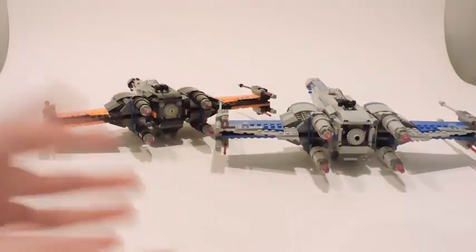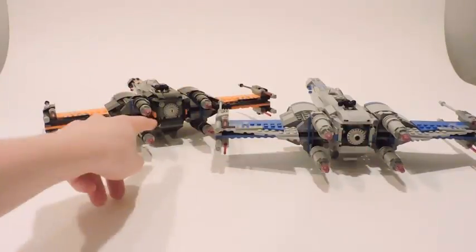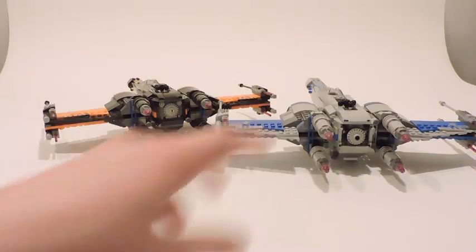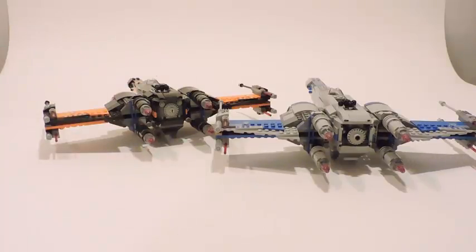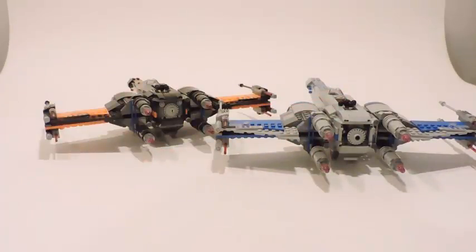And so, that's pretty much the only difference between these two X-Wings, is the back center part. Other than that, it's the same exact thing. It's the same exact vehicle. It's the same exact set. But both sets here, both X-Wings, come with their own little mini builds. This one here came with a hangar cart with supplies and a ladder to the cockpit. This one here just has the little Jakku village with the flames for the First Order flame trooper to be in. So they've got their own differences, but not that much of a difference really,